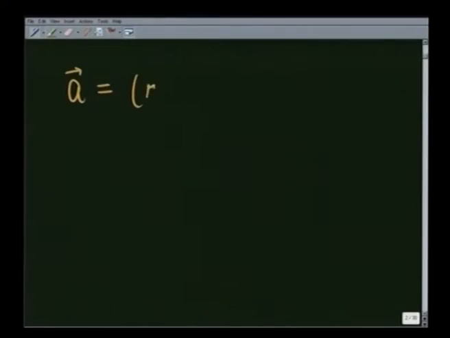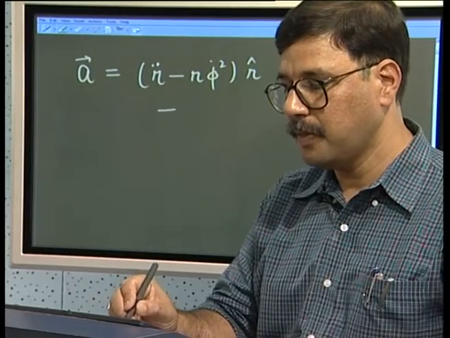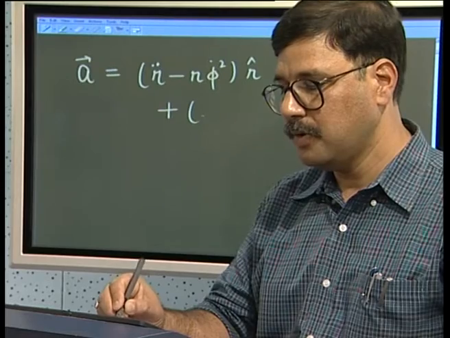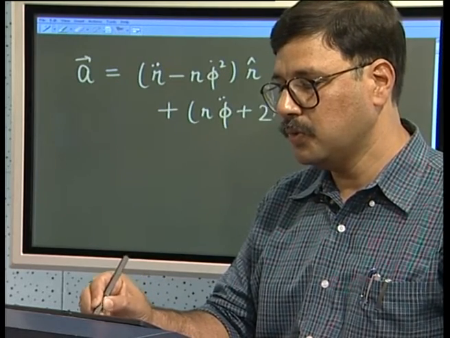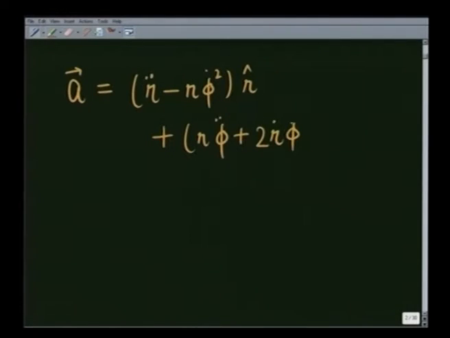If I write the acceleration of the particle in planar polar coordinates, it is going to be r double dot minus r phi dot square in r direction, plus r phi double dot plus 2 r dot phi dot